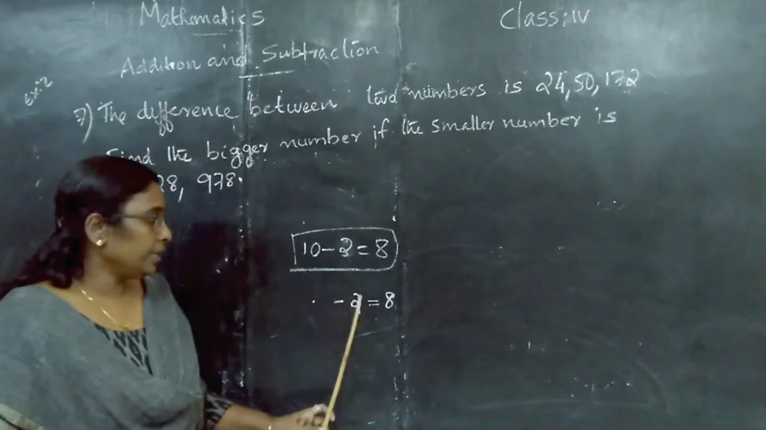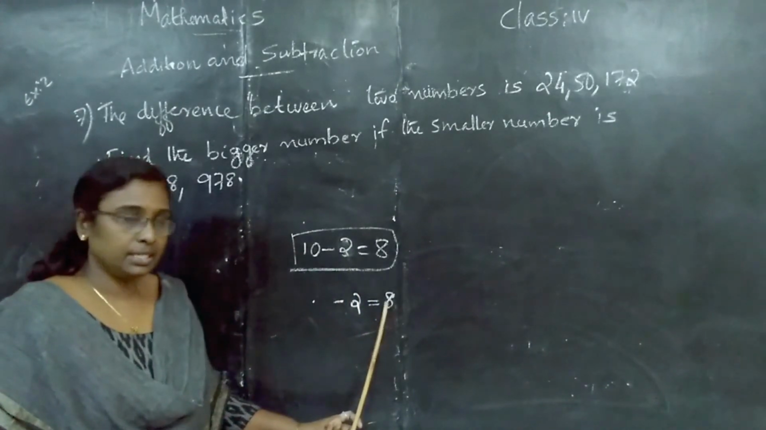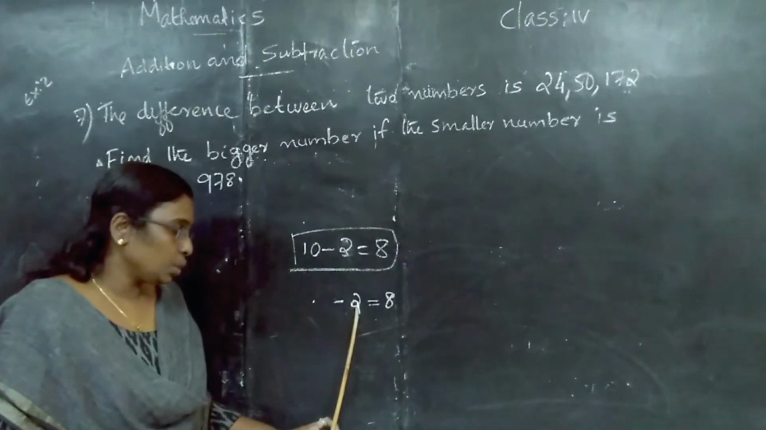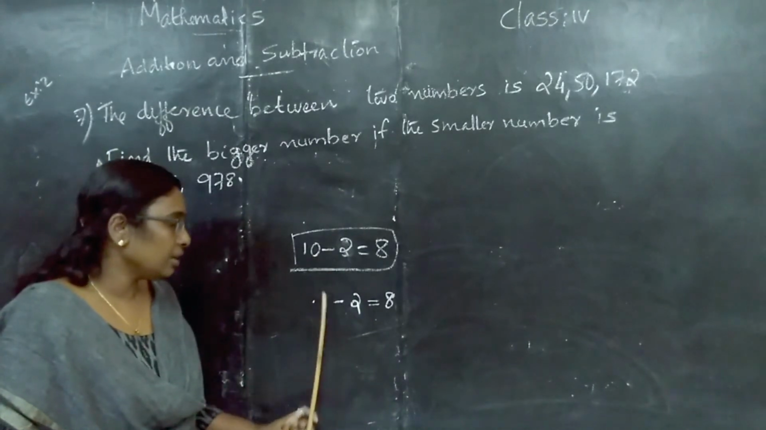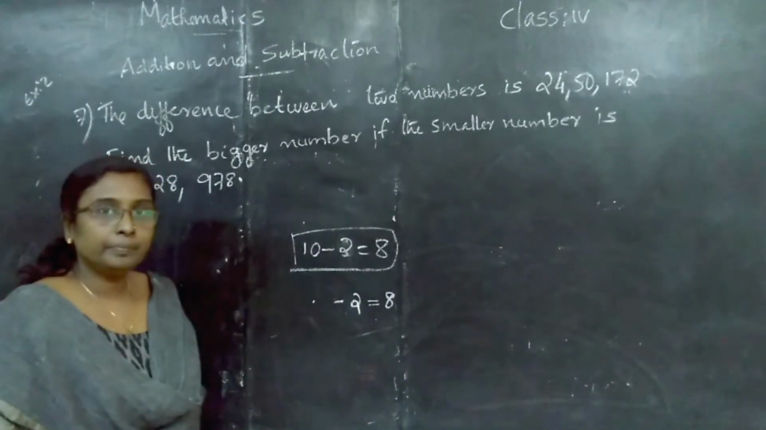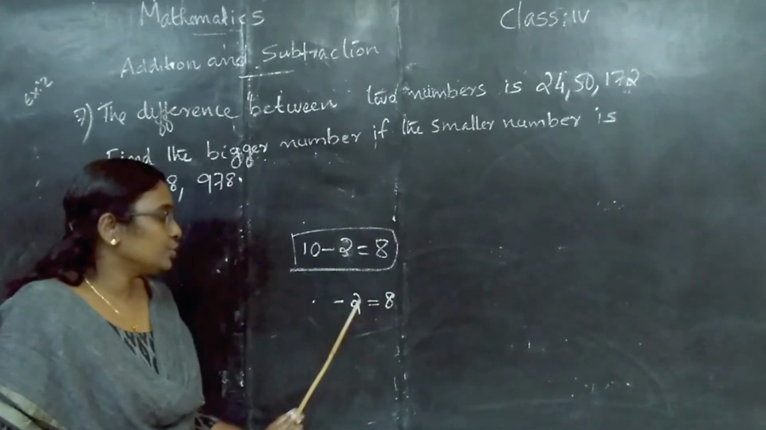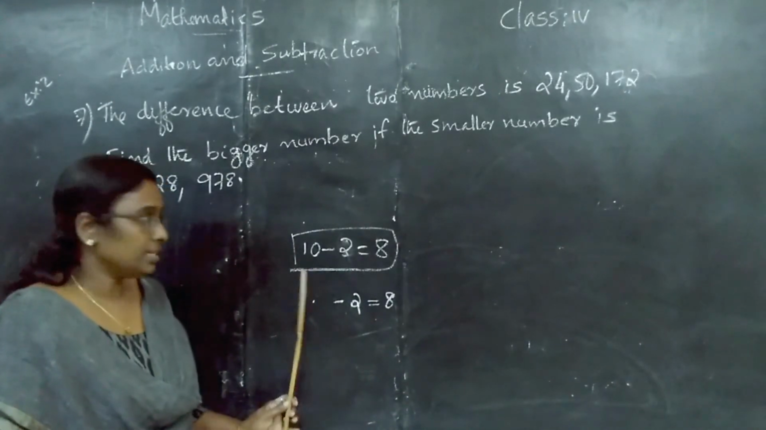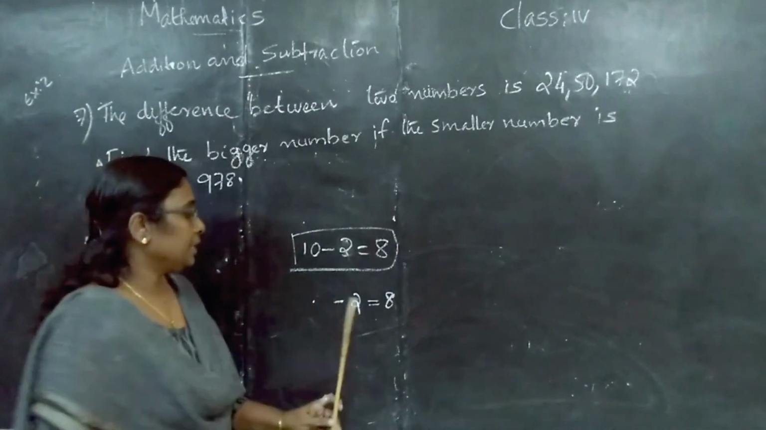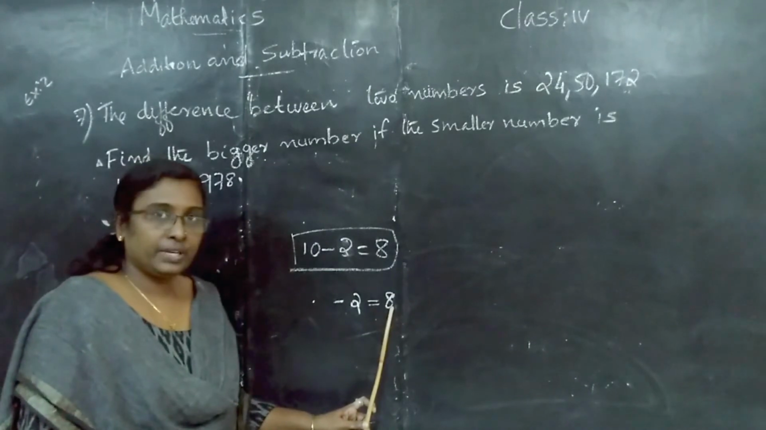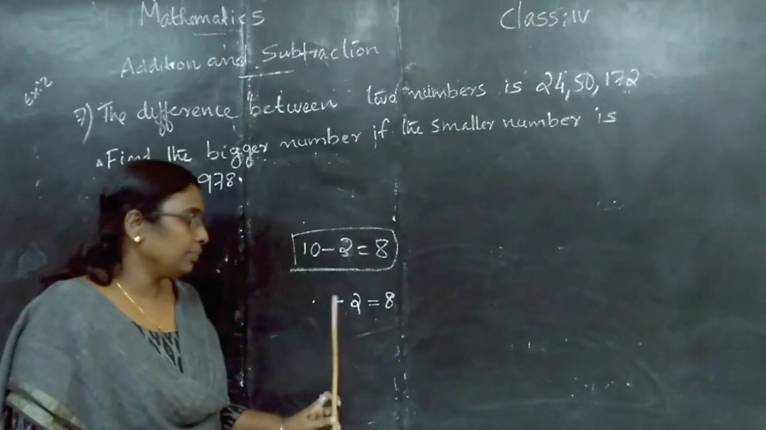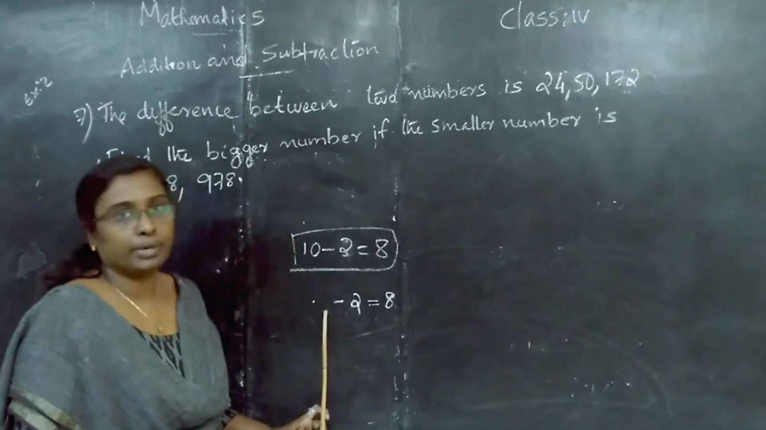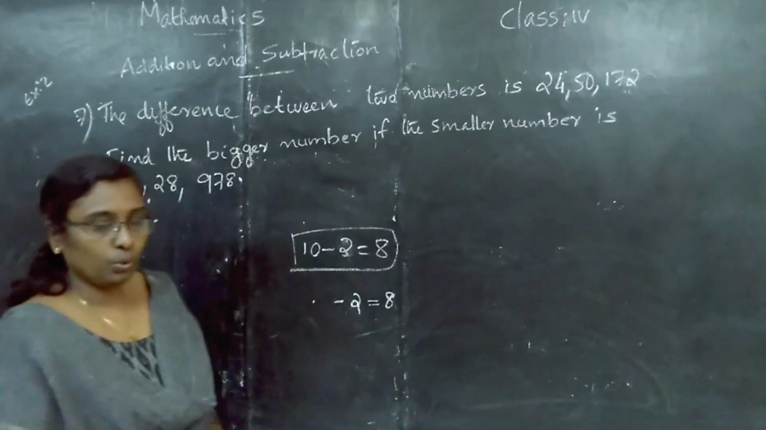The difference between two numbers is 8. If the smaller number is 2, find the bigger number. Here, how do we find the bigger number? 8 plus 2, we get 10. Isn't it? We add the difference and the smaller number, we get the bigger number. Okay? In this case also,